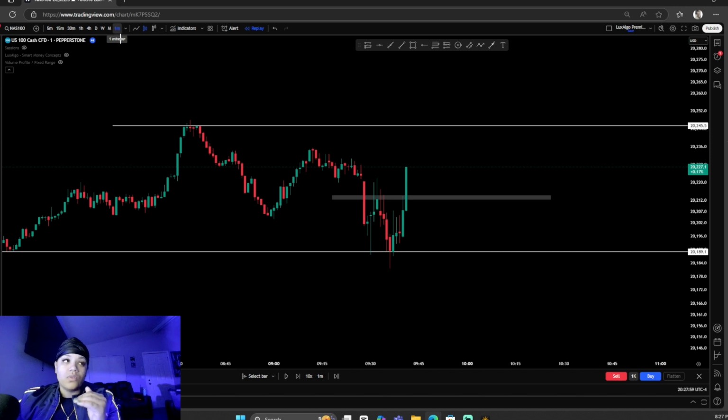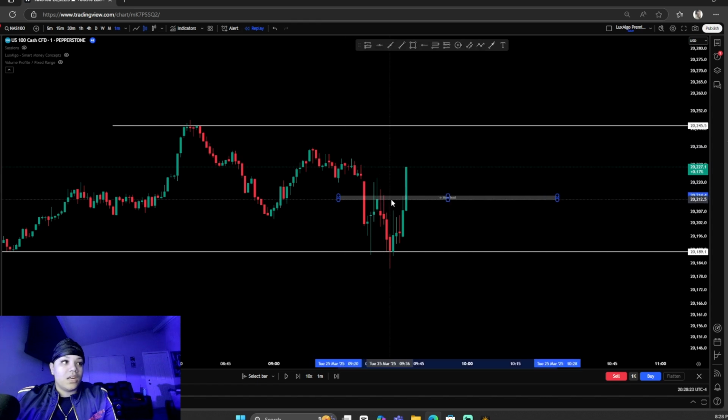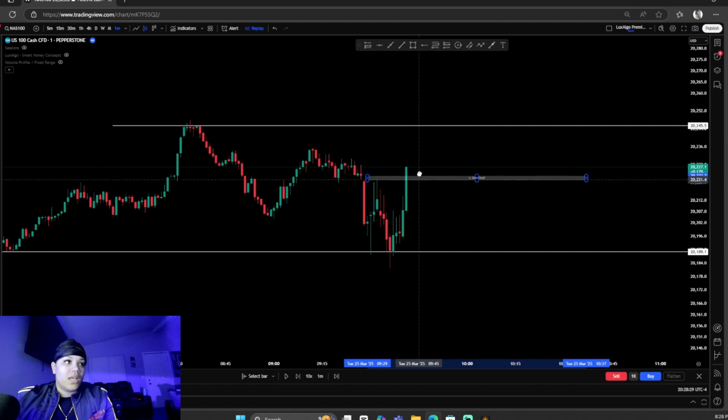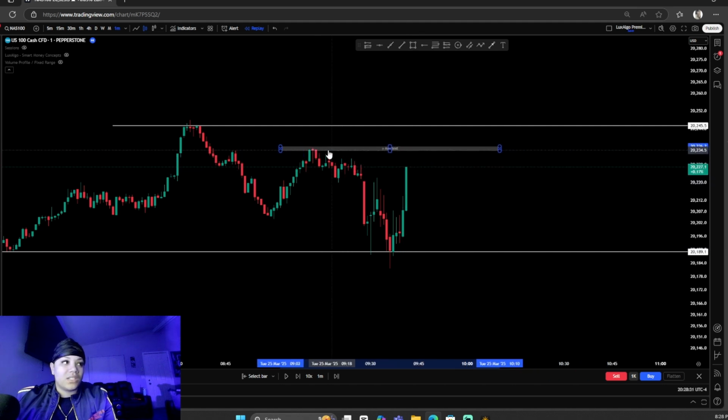If you do trade the 1 minute time frame, you guys have to be cautious on when you get in a trade, because yes, I do enter on a 1 minute time frame and I get in early, but I get in early close to where price wants to break. So for example, if I'm looking for buys, I want to see price break this high. Okay, yes, this would have been a great entry, but it's too far, and we have a resistance level here. Because it's a resistance level here, price could just literally come here and then shoot back down.